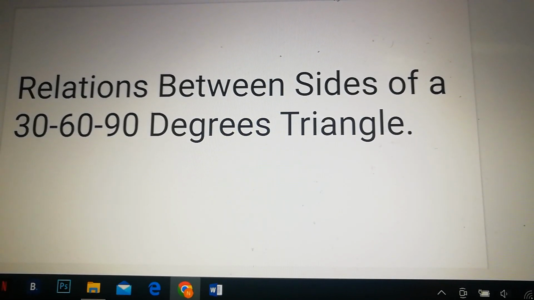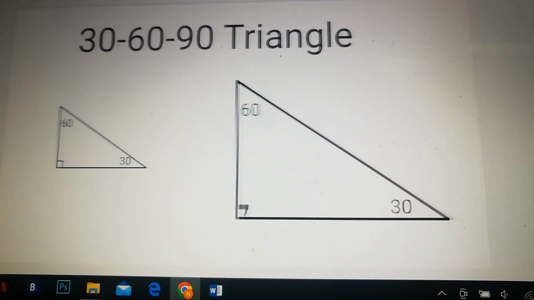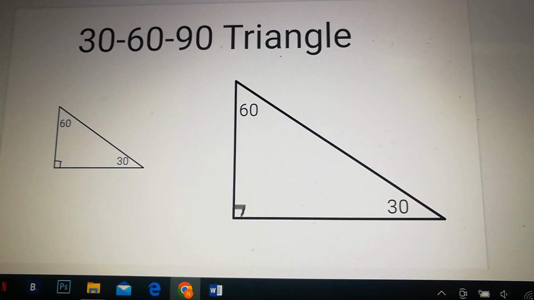This topic is all about the 30-60-90 triangle, intended for grade 9 and grade 10. Okay, so the relations between the sides of the 30-60-90 degrees triangle is that